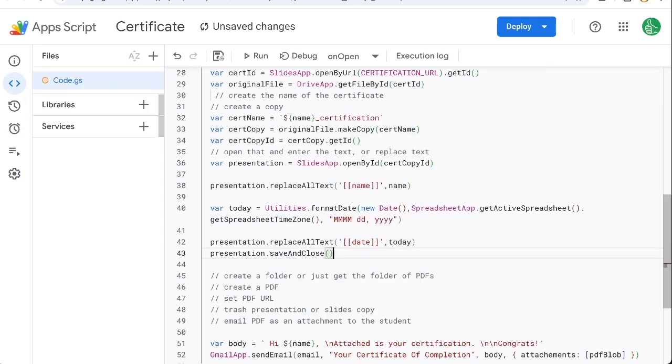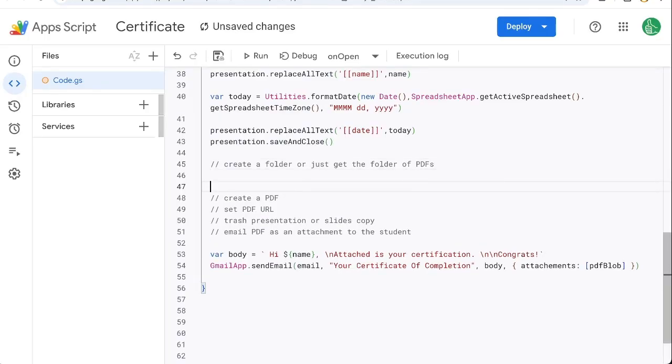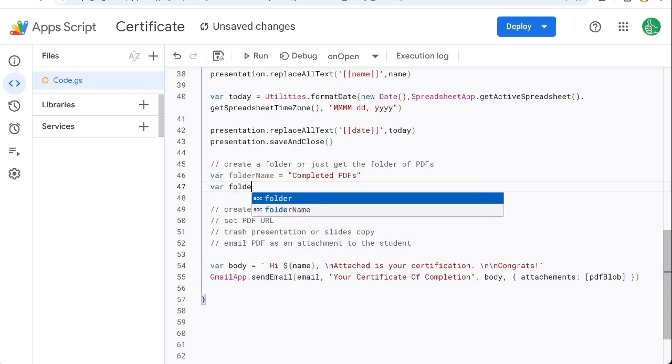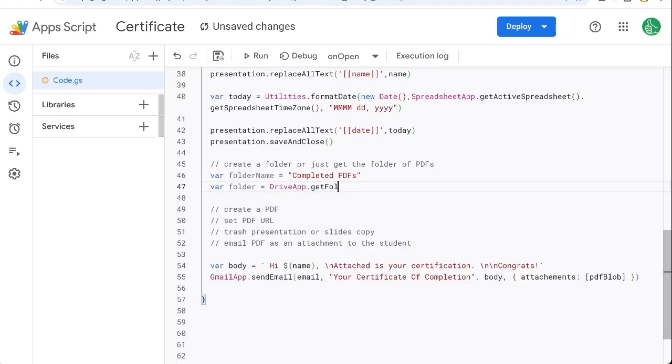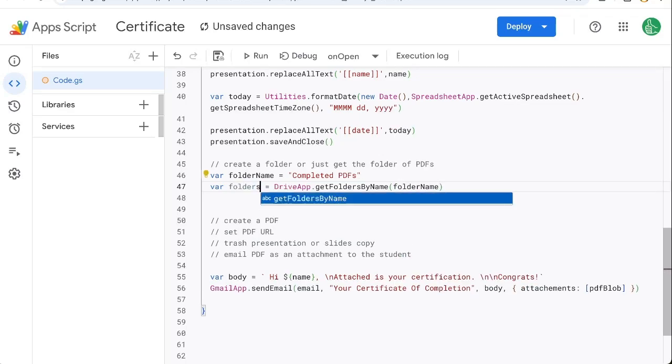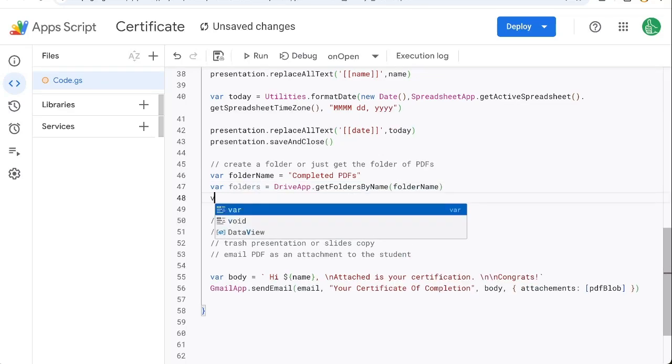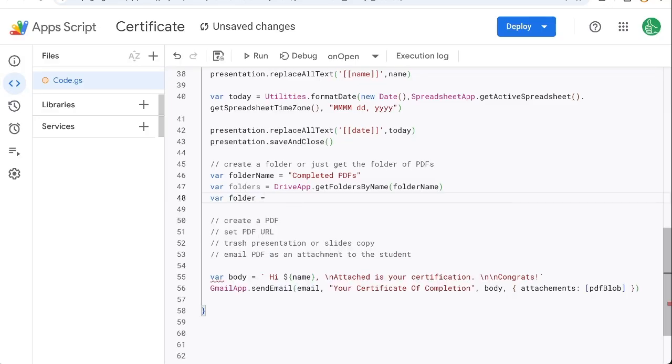And we want to end up creating a PDF, but we want to do it in a certain folder. The thing about this is that it's going to get really messy if we're creating these PDFs and it's just generally in our drive. So we want a single Google Drive folder that's going to hold all of these. So let's do variable folderName equals completed PDFs, variable folders equals DriveApp.getFoldersByName(folderName). So this will actually be folders because we also want variable folder equals,